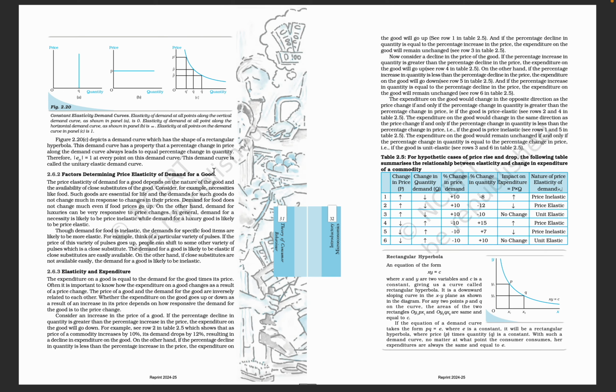Elasticity and expenditure. The expenditure on a good is equal to the demand for the good times its price. Often it is important to know how the expenditure for a good changes as a result of a price change. The price of a good and the demand for the good are inversely related to each other. Whether the expenditure on the good goes up or down as a result of an increase in its price depends on how responsive the demand for the good is to the price change. Consider